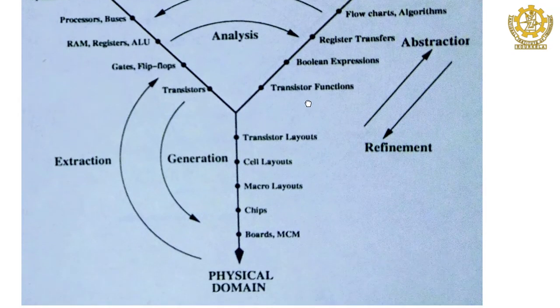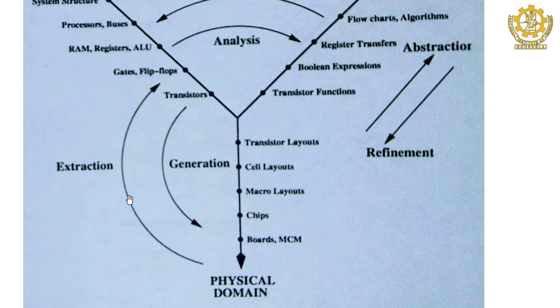In a similar way, extraction is one of the methods, which is nothing but extracting hardware from your design. Like we did SPICE extraction, you design a layout, and out of that, by using an extractor tool, SPICE code will be extracted. So a real netlist at gate level or SPICE level will be extracted using extraction. Similarly, generation is the opposite of extraction, where your transistor design will be given.